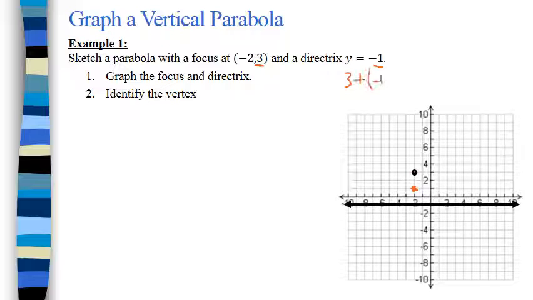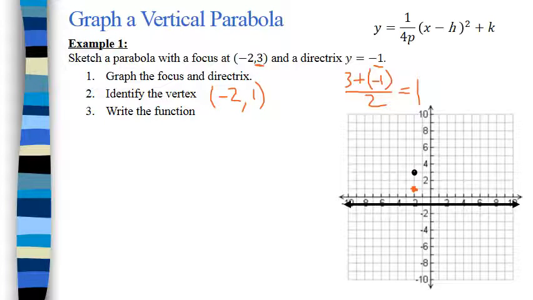3 plus -1 divided by 2 is going to be 1. So our vertex is at (-2, 1). Our equation, we will need not just h and k, but also p. So we're going to go ahead and count here, 1, 2 units. So the vertex is 2 units away from the focus or the directrix, so p equals 2. And we can also confirm that algebraically because the same distance, 3 to 1 is 2 and 1 to -1 is also 2. So to write the function, we are just going to plug in the values for p, h,